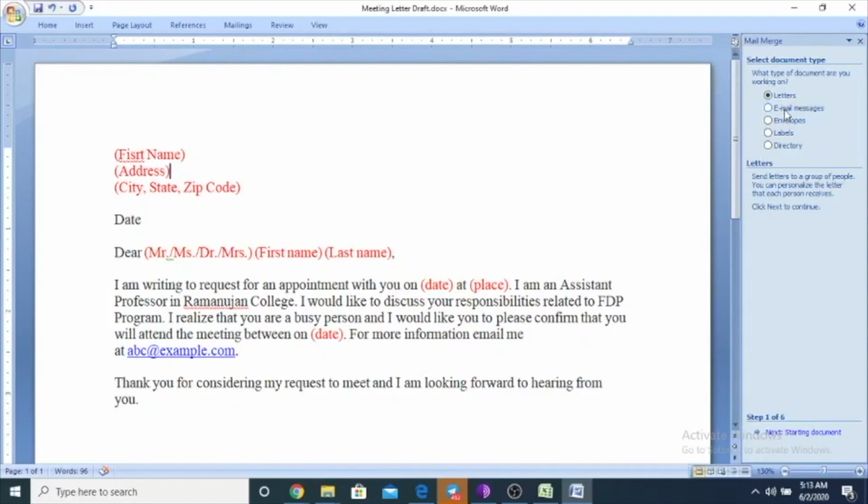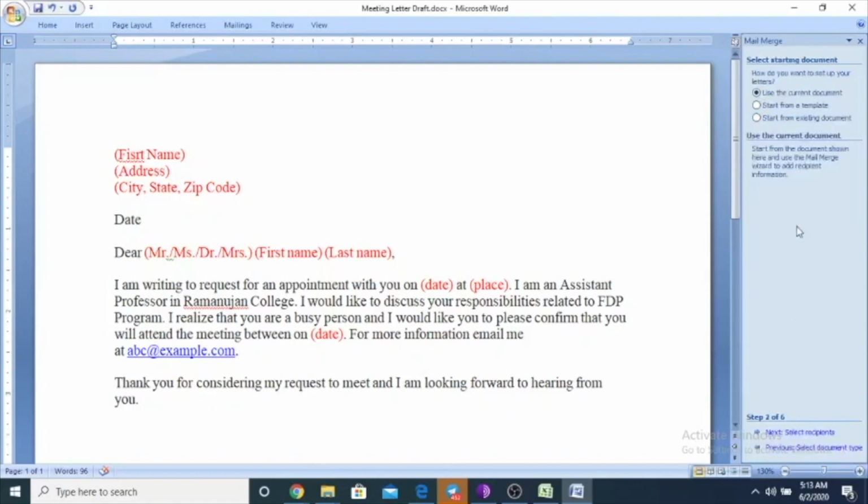As of now I am creating a letter, so I am choosing the letter format and clicking Next. Now you can choose the current document, or you can choose a new fresh document. I have already created this document, so I am choosing the current document, and then I am clicking Next.